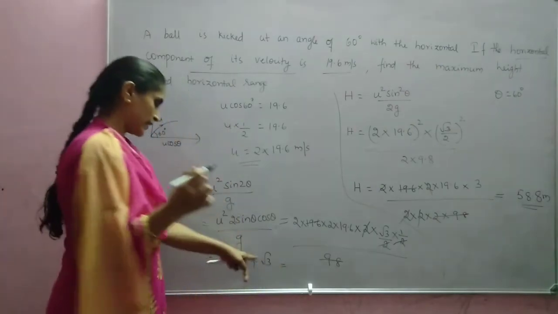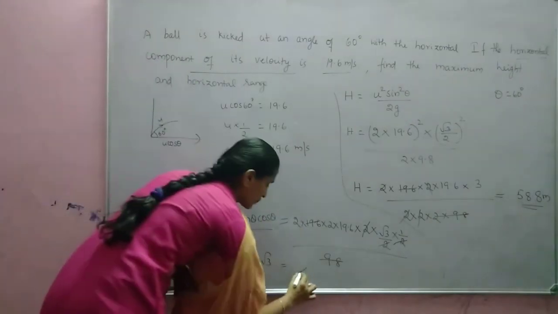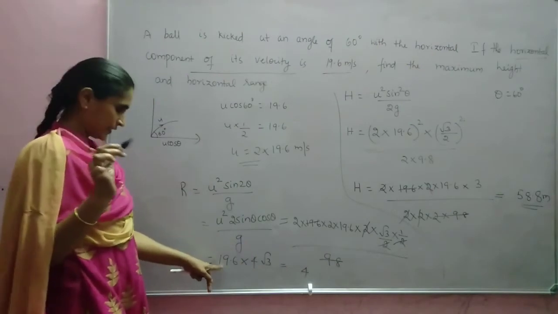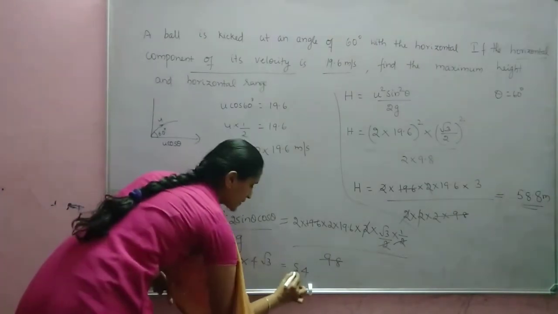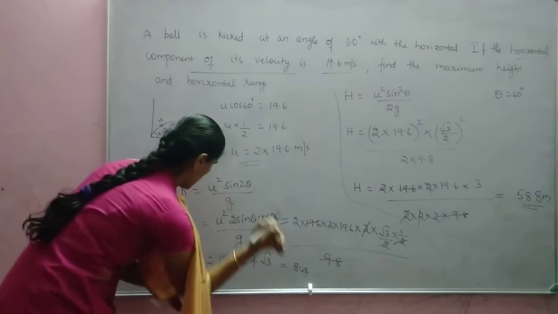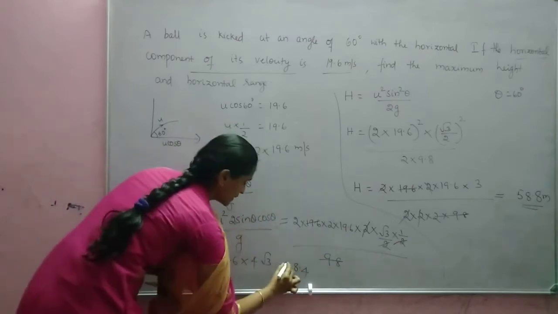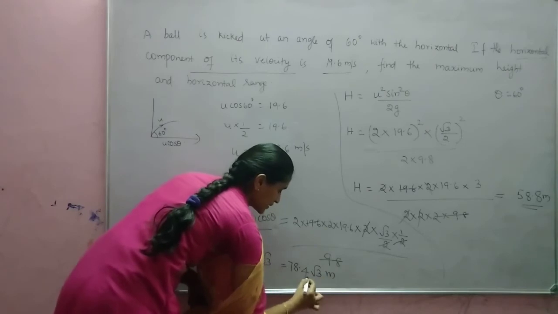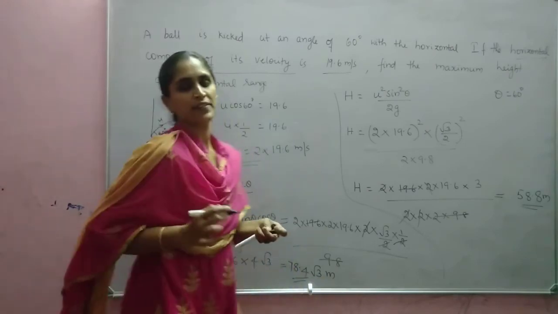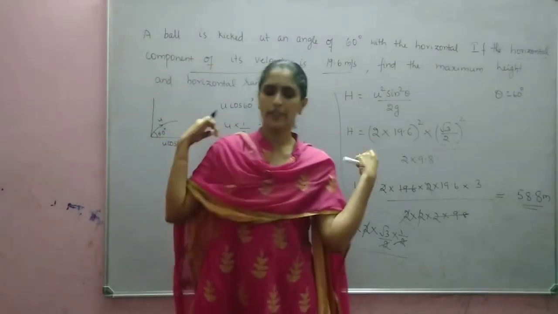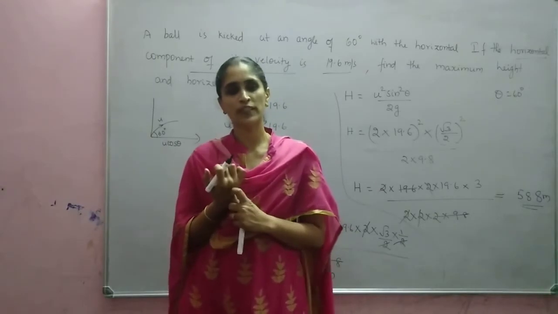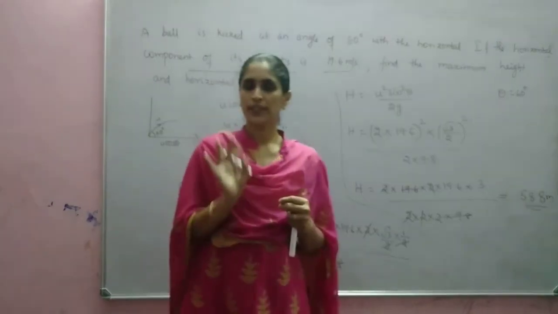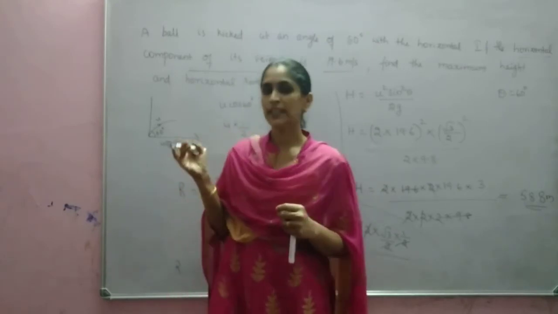Or you can write it as 6 4s are 24, 2 remaining. 9 4s are 36 plus 2, 38. 3 1 4s are 4, 4 plus 3 is 7. 78.423 meters. Okay. 78.4 root 3 meters. If you want, you can substitute the value of root 3 as 1.732 and you can find it. Okay. Is it clear? Now we will discuss the next problem.